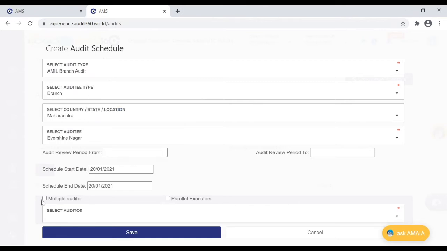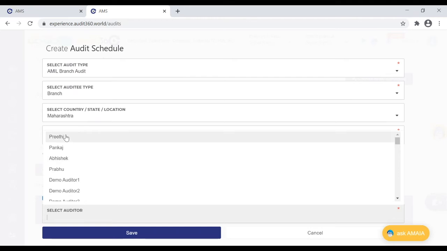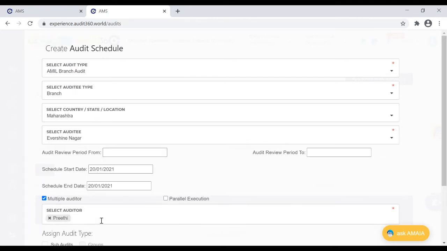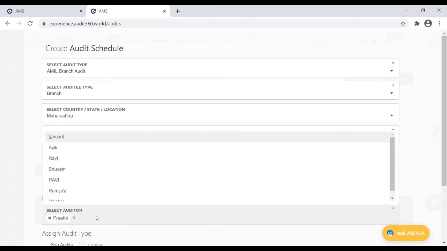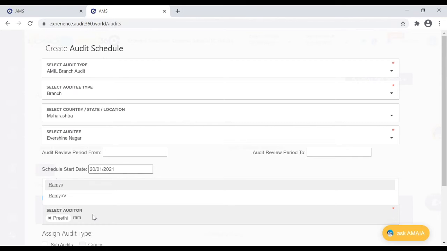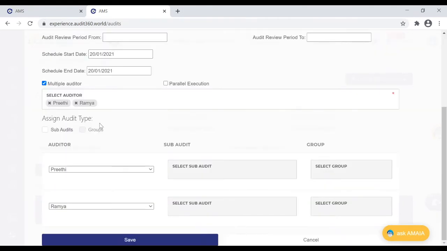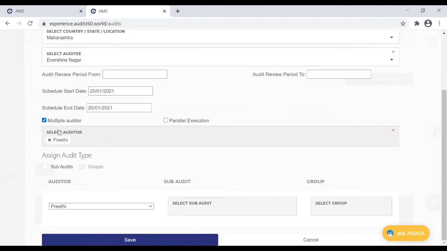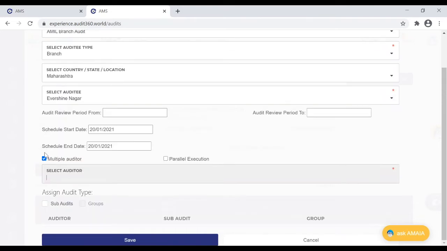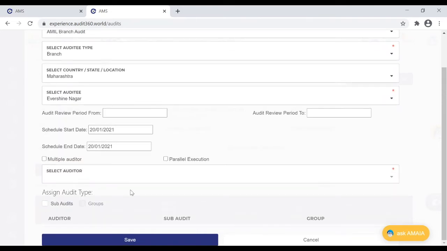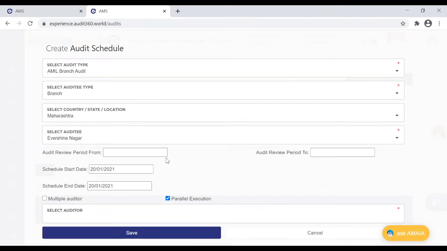Earlier, when you clicked on multi-auditor and chose the auditors, you had to give an allocation specifying which sub-audit or group you would want to allocate between the auditors you have chosen. Now, if you do not want to choose any allocation and want to give equal access to the auditors, you can just click on parallel execution.